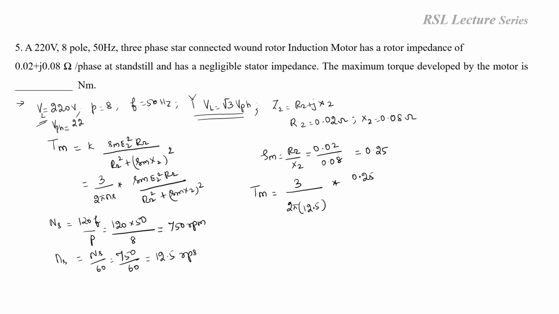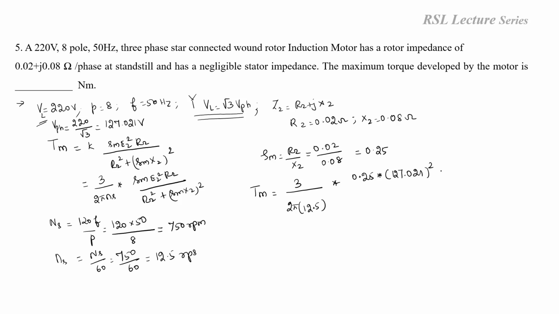V phase is equal to VL by root 3 in the case of star connection. So 220 by root 3 will give you 127.021 volts. This E2 will be approximately equal to the supply voltage, so in place of E2 square we are going to substitute the supply voltage only,